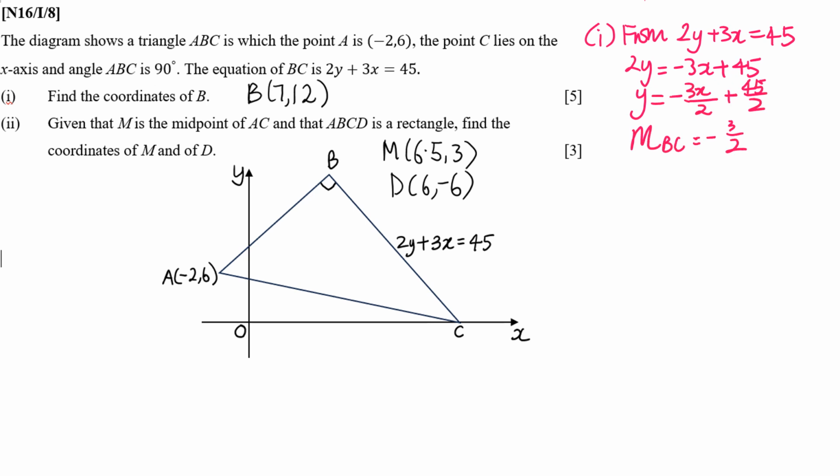I'd like you to look at the diagram again and see how the line BC is connected to the line AB. Yes, AB is perpendicular to BC, and therefore, what is the concept that involves gradients of two perpendicular lines? Yes, when two lines are perpendicular to each other,